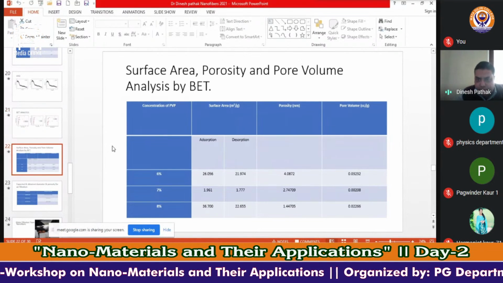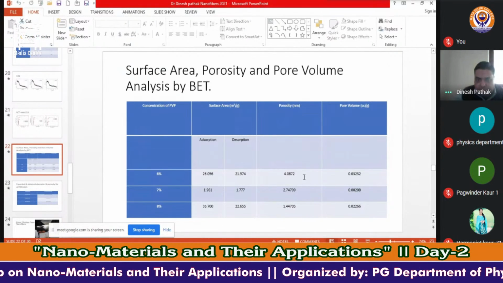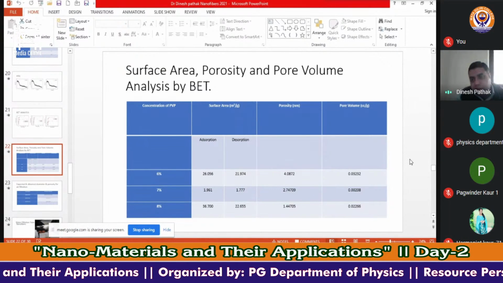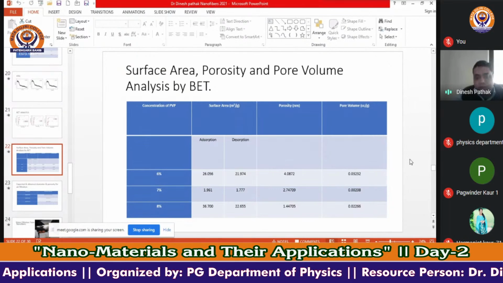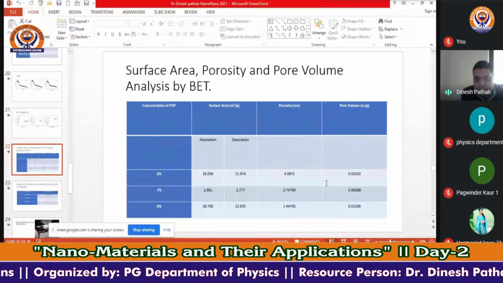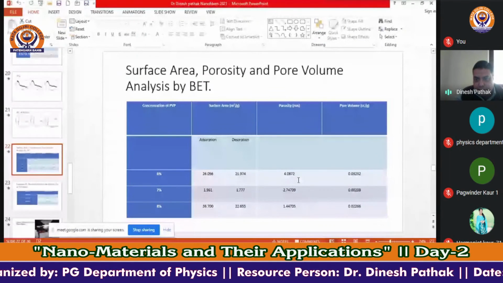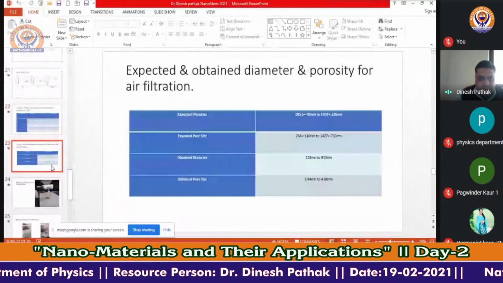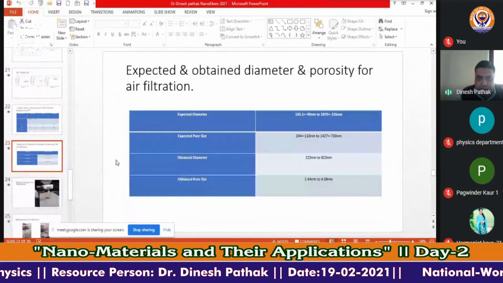The porosity is the same as observed from the surface analysis by scanning electron microscope. We found that the porosity is 4 to 2 to 1 nanometer, which is quite good to prevent the viruses which have a size larger than this. And see here,